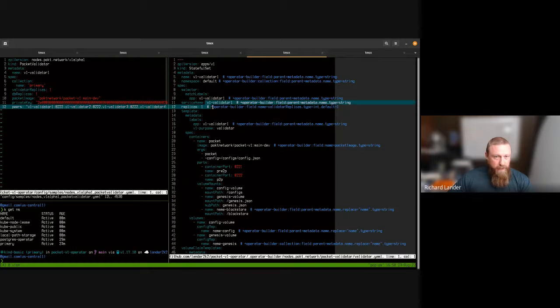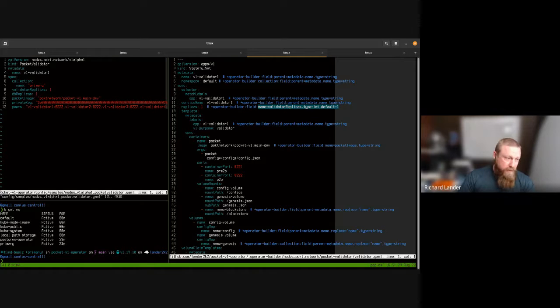So we include a marker that says we want to use a field with the name validator replicas. It's a type int, and we can default it as well so that it's an optional field, and that's how it gets manifest up here. And what that looks like, and this is the thing that makes using Operator Builder save you so much time, is pre-Operator Builder, we'd have to go in and define in the source code all this stuff, right? And what Operator Builder does is it ingests this stateful set manifest, and it ends up,